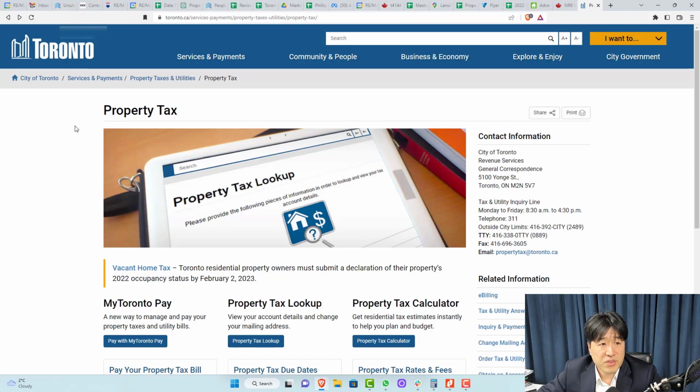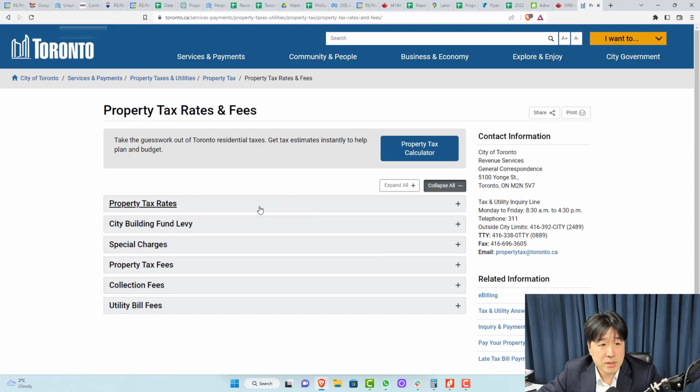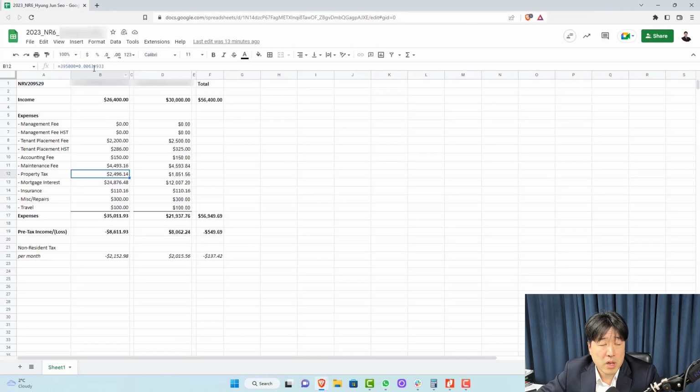If you go to the Toronto City property tax page, you can click on property tax and rates and fees, and then it's this residential tax rate right here, 0.631933. That's for 2022. So I'm just going to use that number and multiply the current assessed value by the tax rate, and then I get